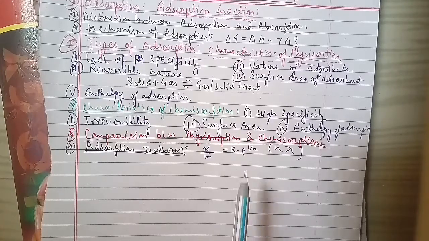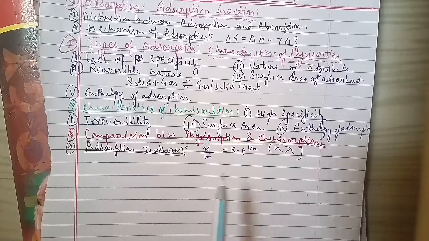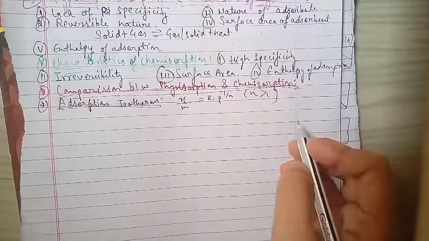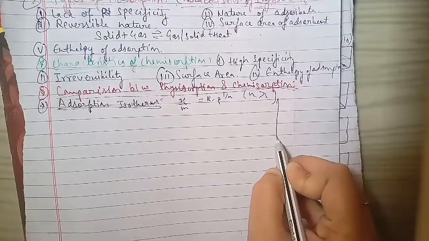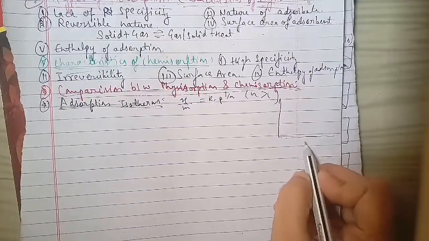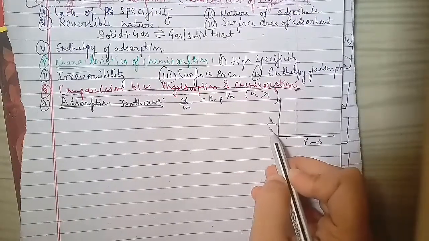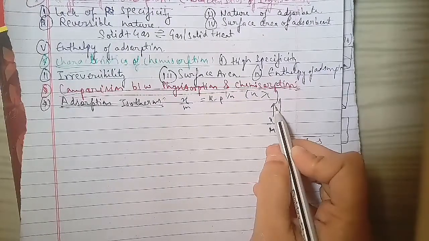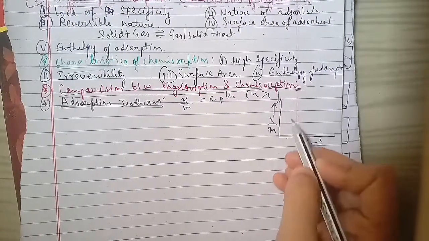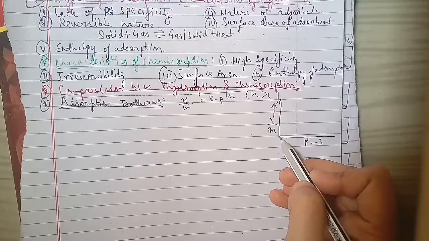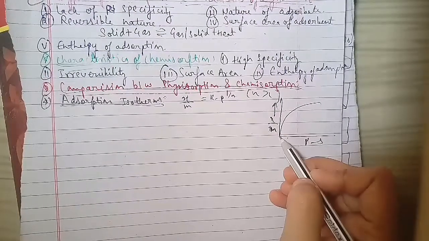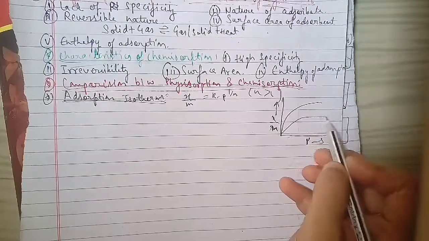Here we have x/m, and the graph is as follows. This is at 273 Kelvin, this is at 244 Kelvin, and this is at 195 Kelvin. This is an adsorption isotherm. And taking the logarithm on both sides